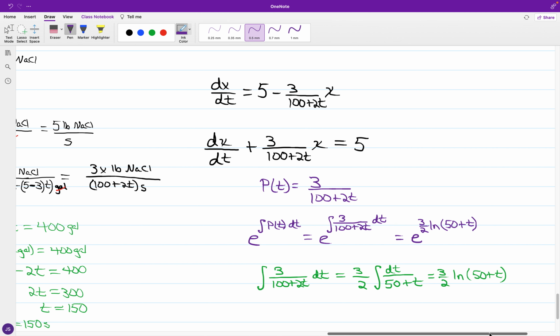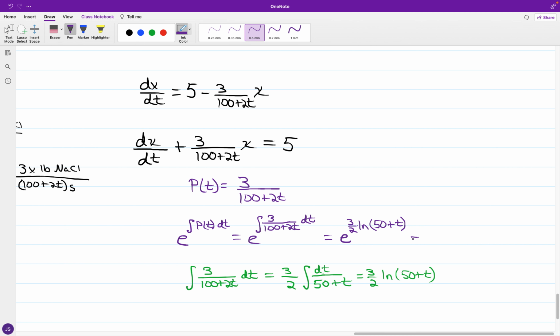And again, if I make the 3 halves into an exponent, for the integrating factor we'll come out to the quantity of 50 plus t raised to the 3 halves,